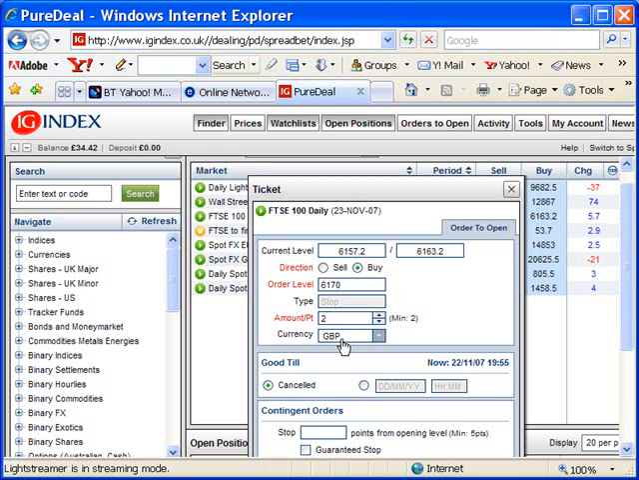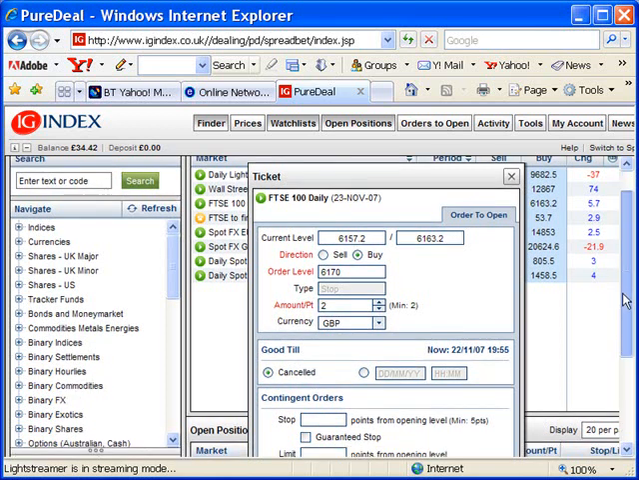We'll leave the currency as British pounds, and we could specify a date until which the order can remain open, but we'll say good till cancelled, and it might not reach 6170 for a day or two, but this will be staying in the background, and as soon as the price of the FTSE 100 does reach 6170, this order